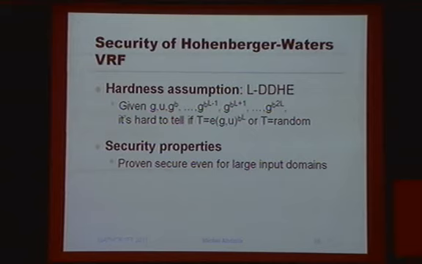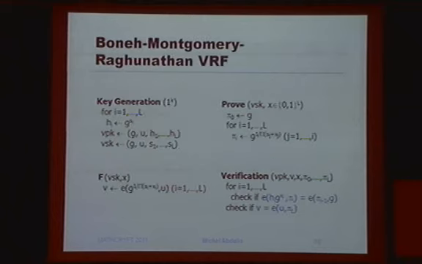The proof of security uses a bit stronger assumption. It's the assumption where we give all the elements except we have a hole here in the middle, so we don't have the term G raised to the B to the L. And the goal here is to distinguish this element from random. And they prove this secure even for large domains. And more recently, Boneh, Montgomery, and Raghunathan